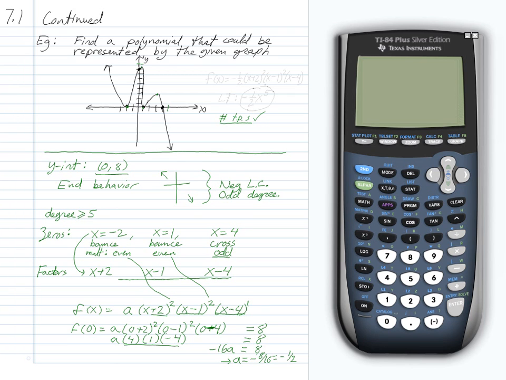So finally, we come up with a polynomial to go with this function, f of x equals -1/2 times (x plus 2) squared, (x minus 1) squared, (x minus 4). And this is a 5th degree polynomial. If you don't believe me, you can do that trick of multiplying the leading terms by their powers acting on them, and you'll see this is a negative leading coefficient, -1/2, and an x to the 5th. So this satisfies our end behavior, and our zeros are happy, and our y-intercept is satisfied, as is the